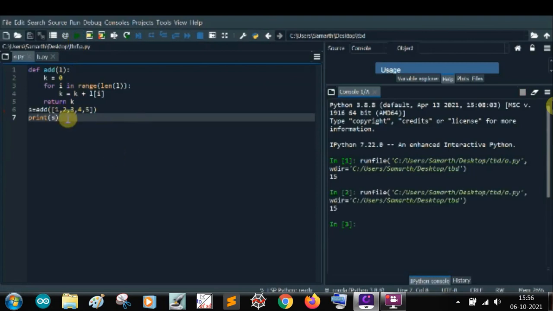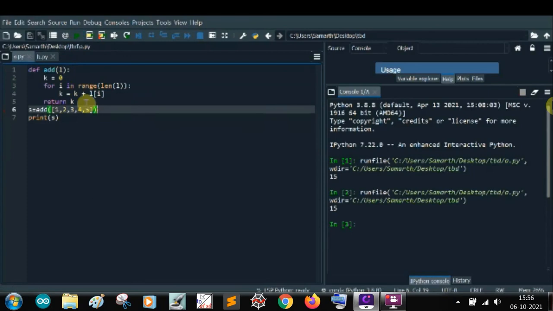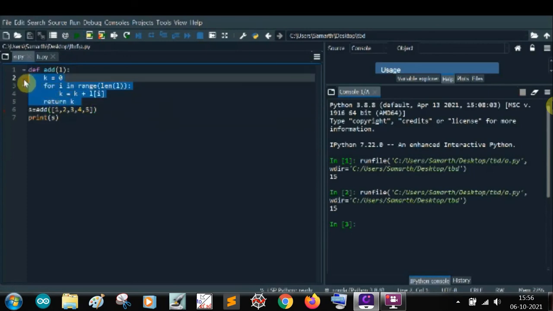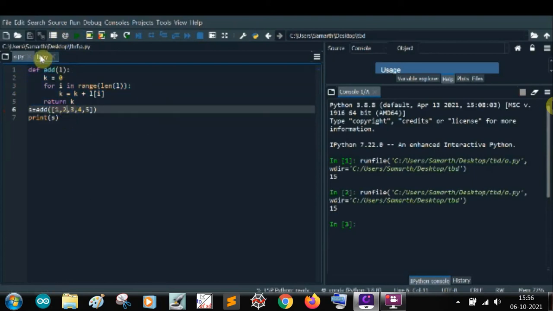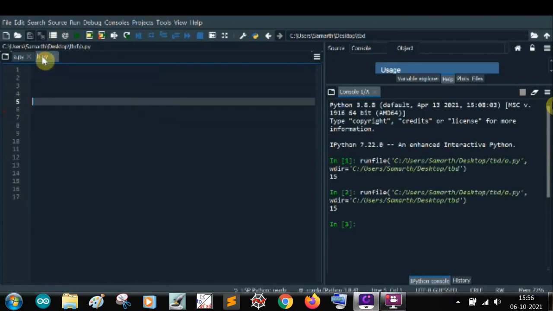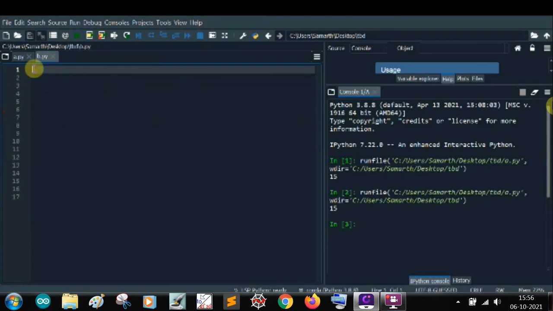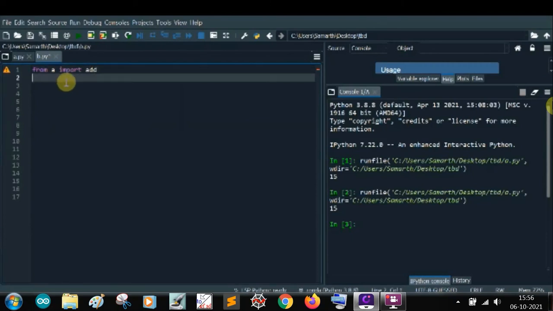Now instead of writing this whole thing, suppose I have to add two lists, I don't need to write this full thing of 4 or 5 lines again. I can just do this. Now suppose that I want to use this in the other file. What I'll write is from a import add. It's just as simple as that.